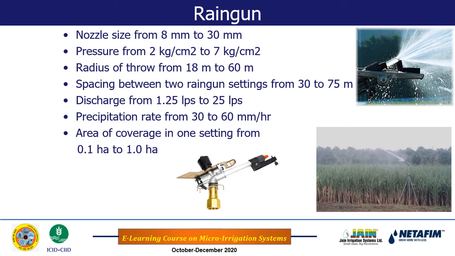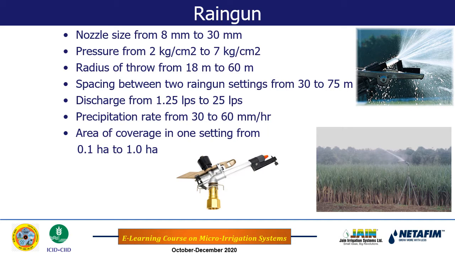In fact, the rain gun has a very big size nozzle, as you see from the photograph here. Its nozzle size is huge, 8 mm to 30 mm. It needs huge pressure to operate, up to 7 kg per square centimeter. Its radius of throw is huge, up to 60 meters. Then of course